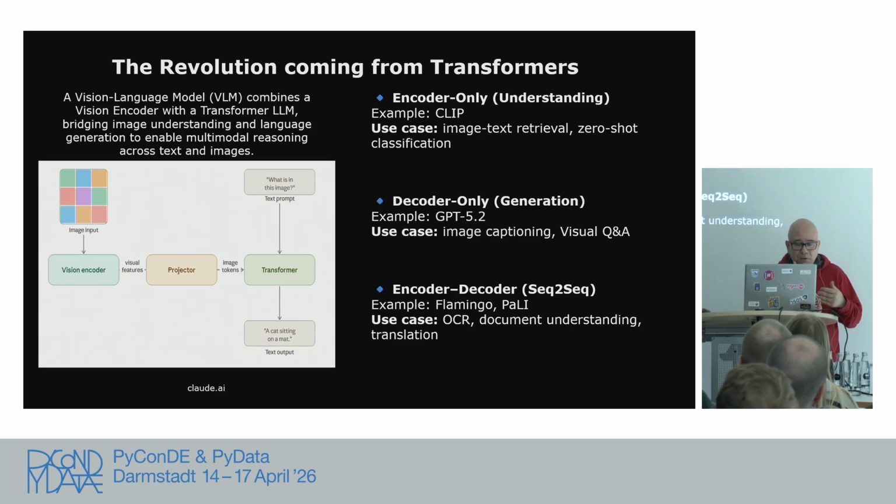Then there is a projector that is a bridge between the visual encoder and the transformer. The projector maps the visual features into the language embedding space as image tokens. In this way, the transformer has the same embedding with image tokens for images and text tokens for text, and can process both. So this is the idea of visual language models, which can now be the state of the art for